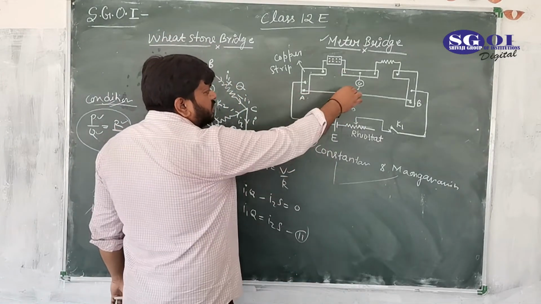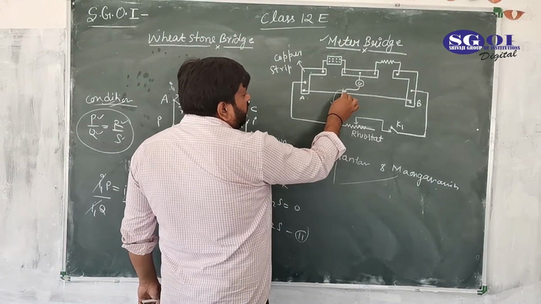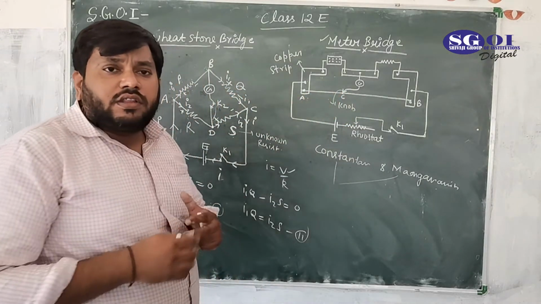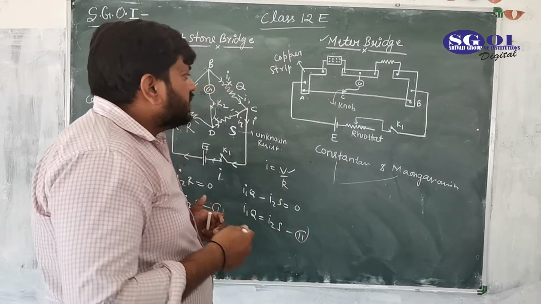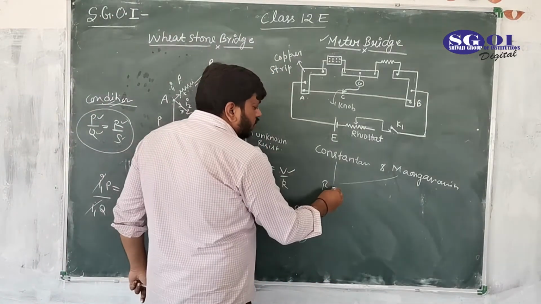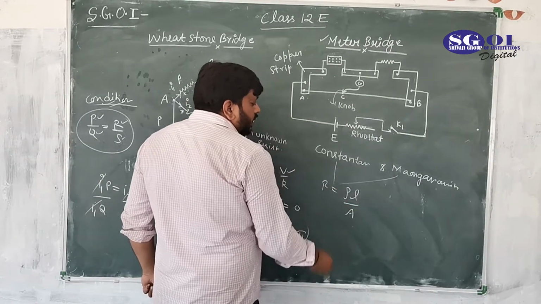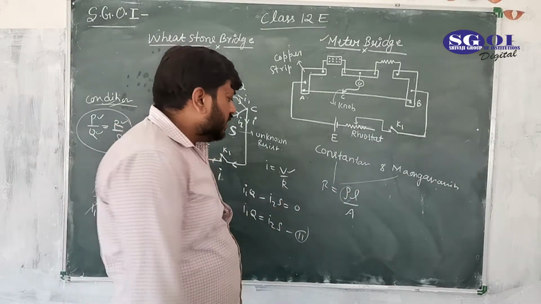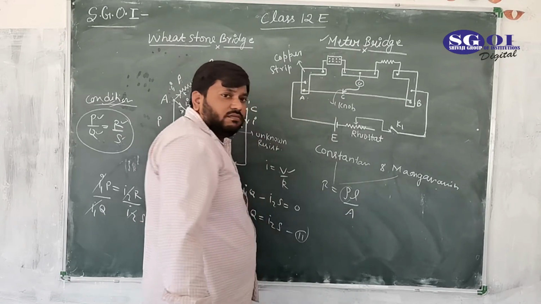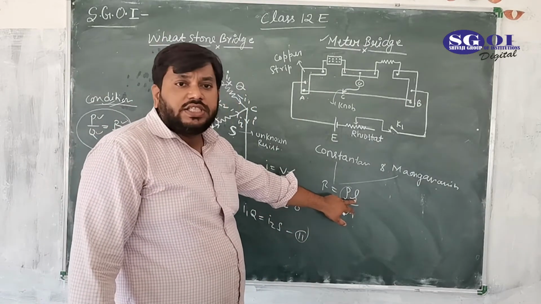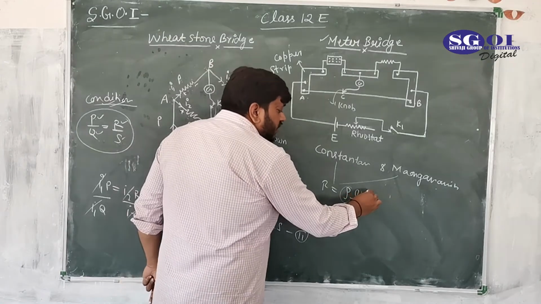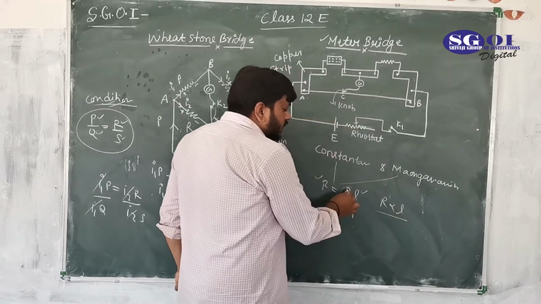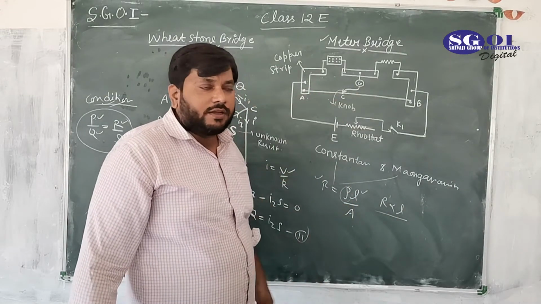This is also the bridge. Suppose it is balanced at this point. This is A, this is B, this is C, and we know that the resistance of the wire depends upon the length: R equals rho L by A. Rho is constant, depending on the material if the wire is of the same material. Area of cross section is constant for the same wire. So what is changing? L. We are changing L, and that's why R is changing, because the other two things are constant for this particular wire.